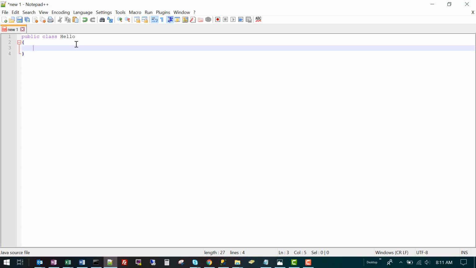Any code that appears between those two curly brackets are part of that code block. So we'll see many different kinds of Java coding pieces, like a class, and they will have some code followed by the open curly brackets and code inside of that and the closed curly bracket.